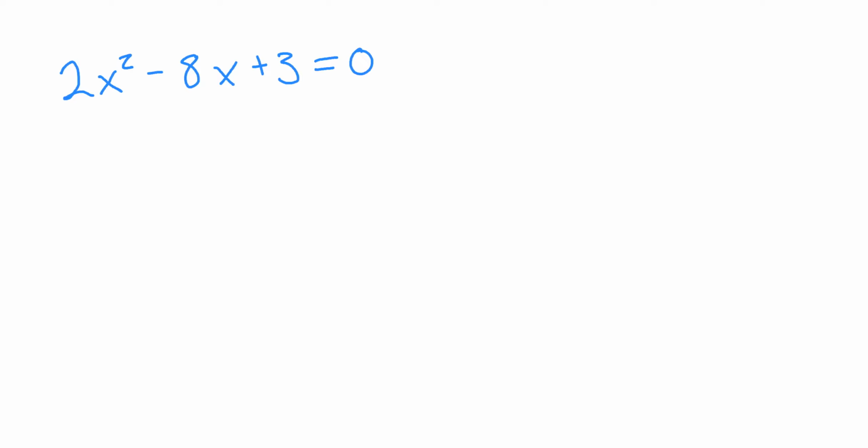So we're going to use the completing the square method. To do that, first, we have to get rid of this leading coefficient of a 2. And so we're actually going to just divide everything by 2. So we're going to get x squared minus 4x plus 3/2 equals 0. So I just divided everything by 2 to get rid of that 2. Okay. Now that our leading coefficient is a 1,